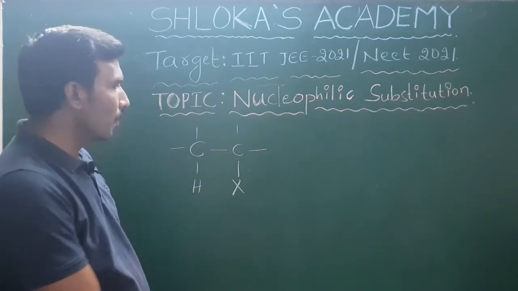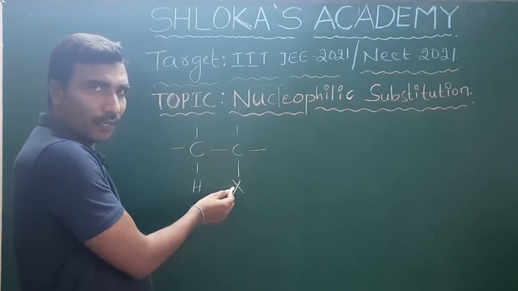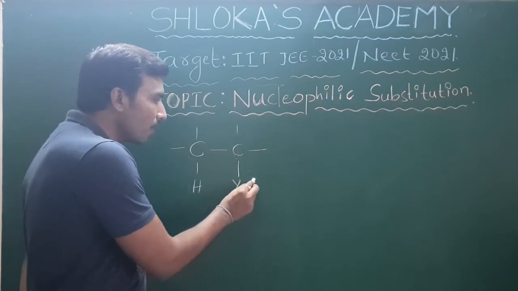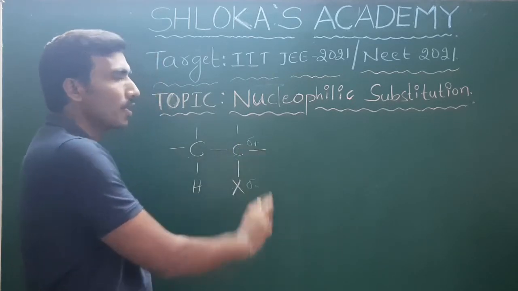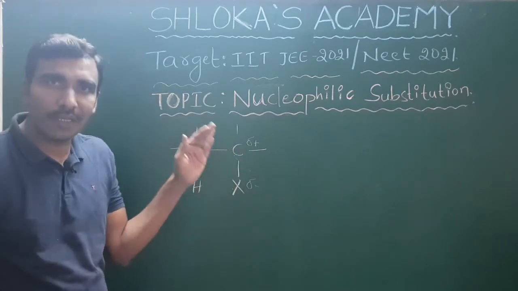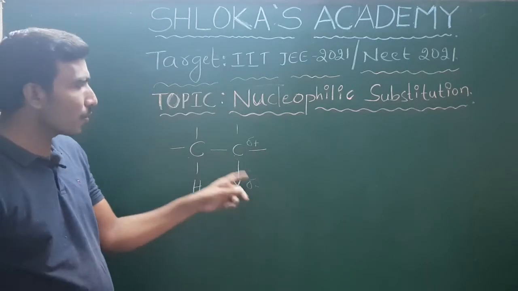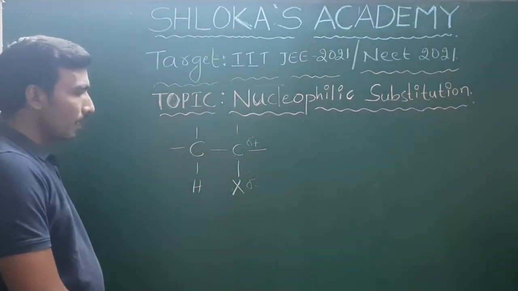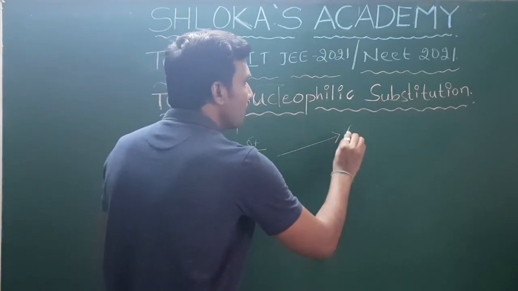Why polar? If you take carbon and halogen, halogen is more electronegative than carbon. So obviously the halogen will get a partial negative charge and the carbon will get a partial positive charge. Out of all the sigma bonds present in the alkyl halide, the C-X bond is the most polar, so this could be the reactive center. And this alkyl halide can undergo 2 types of reaction. One is